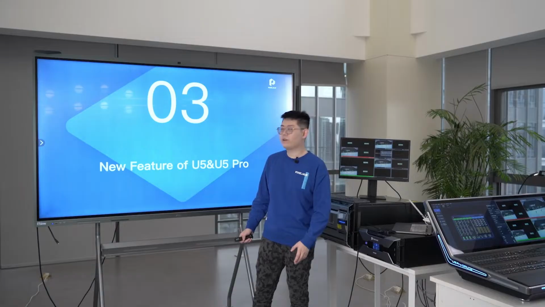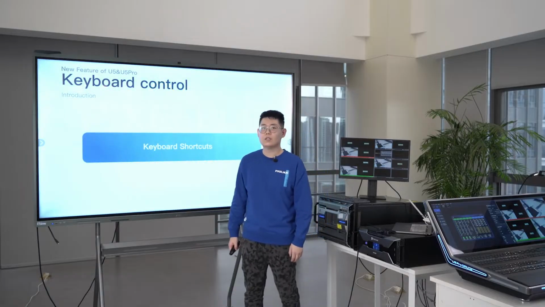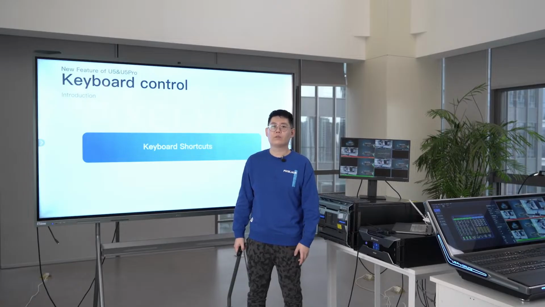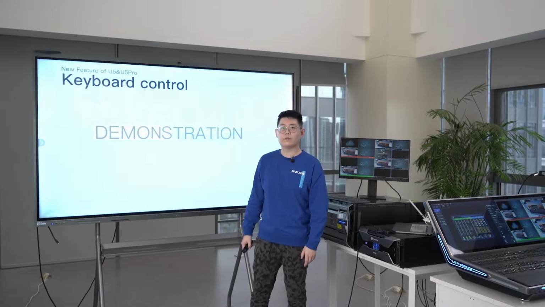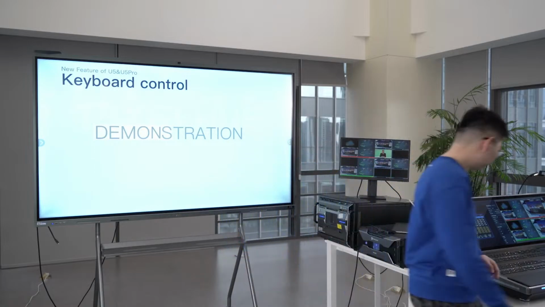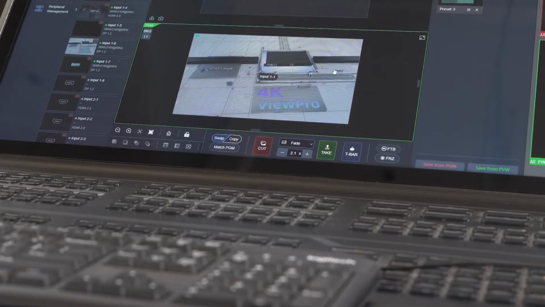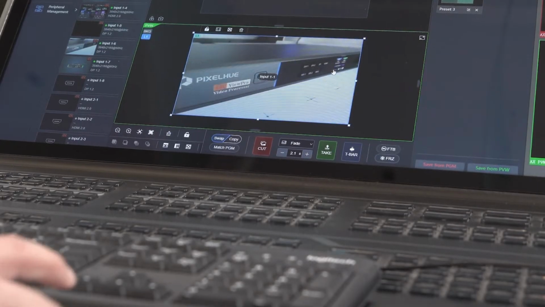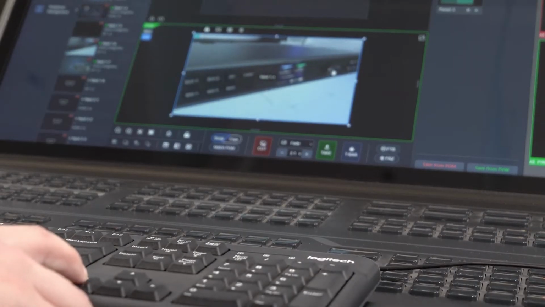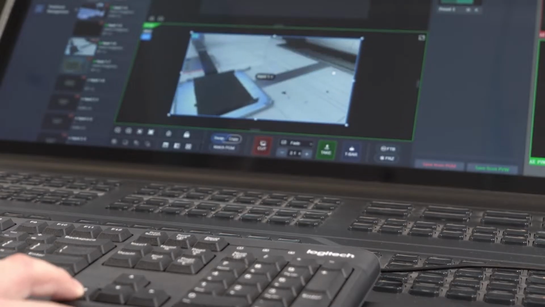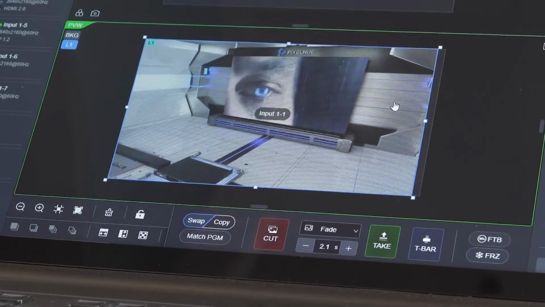Now let's take a look at the U5 and U5 Pro. To enhance user convenience, we've added a keyboard shortcut feature. You can now perform basic operations like changing the layer positions by pressing the corresponding keys. Let me do a live demonstration. First, select the layer you want to adjust. And then press the arrow key on the keyboard. You can use